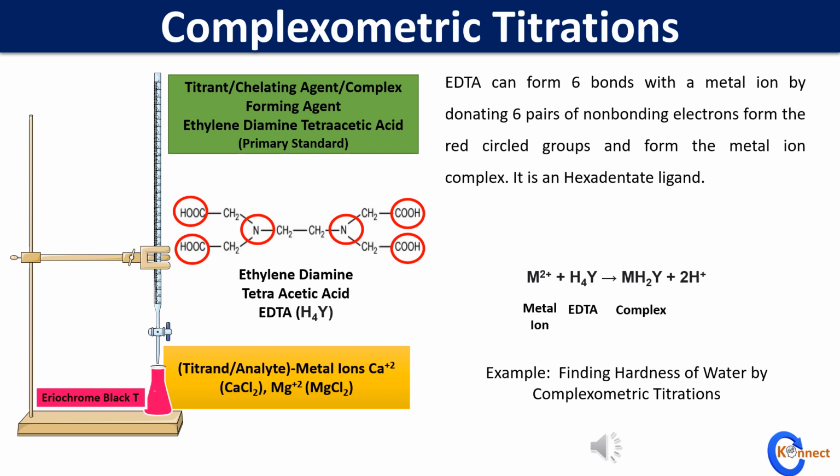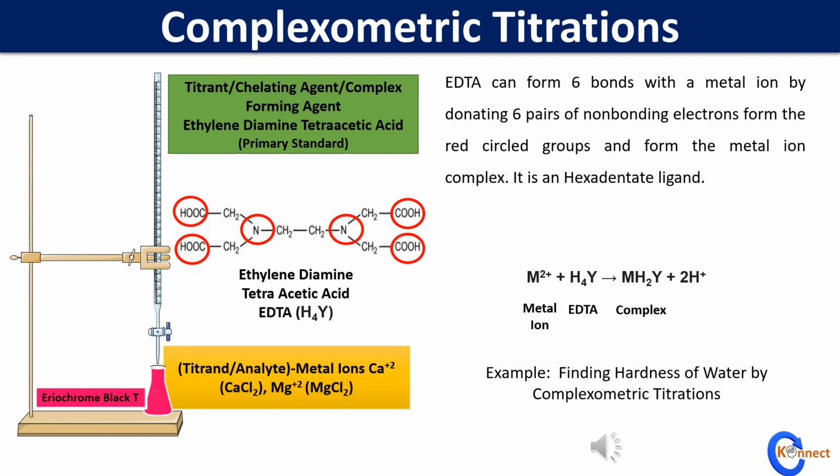In these types of titrations, ethylene diamine tetraacetic acid acts as titrant, chelating agent or complex forming agent and as a primary standard and is taken into a burette, while metal ions act as analyte, for example, calcium ions and magnesium ions. Different indicators used to detect the endpoint in complexometric titrations are calcein, curcumin, eriochrome black T, fast sulphon black,